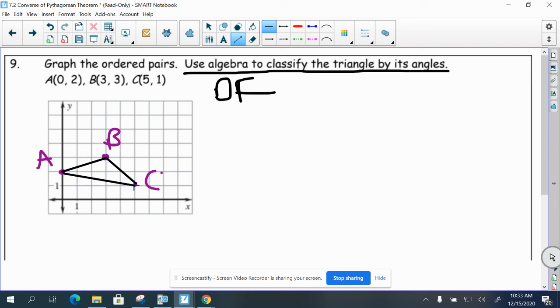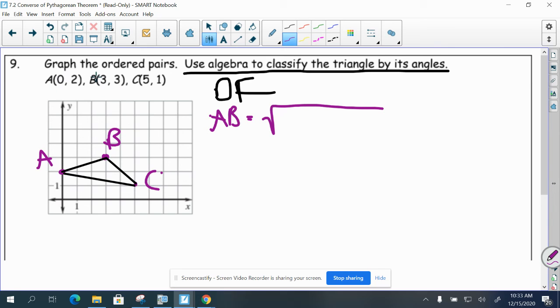Okay, so one way you can figure out if this angle here, B, is a right angle is to use slope. The other way, like what if I told you to use the Pythagorean theorem to prove? So in that case, we would want to find the side lengths. So we're going to find the side lengths of AB, BC, and AC using the distance formula. All right, so AB